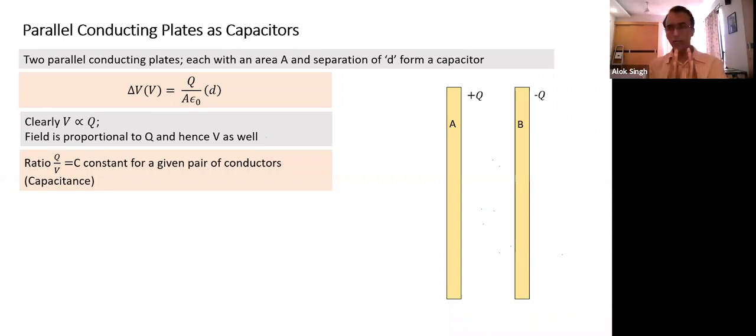So there's a particular arrangement of conductors. As long as the geometry is not disturbed, this ratio remains constant, and that constant of proportion is called the capacitance of the capacitor. What is capacitance? The ratio of charge by potential difference. If I define it in terms of parameters related to the capacitor, the ratio of the charge of a capacitor divided by the potential of a capacitor is capacitance. It's a constant for a given configuration.